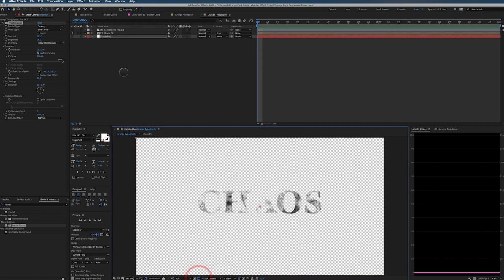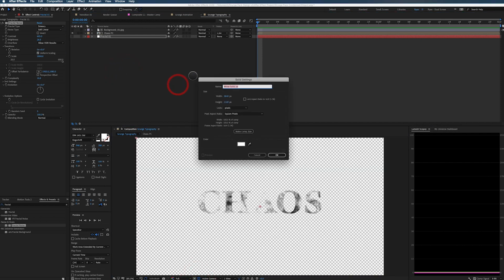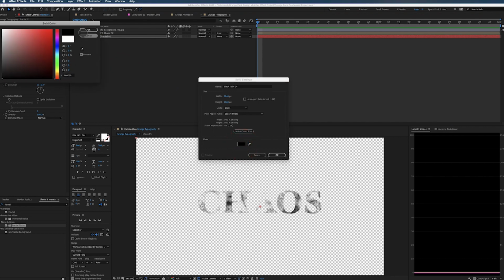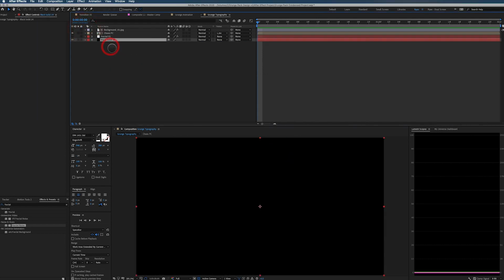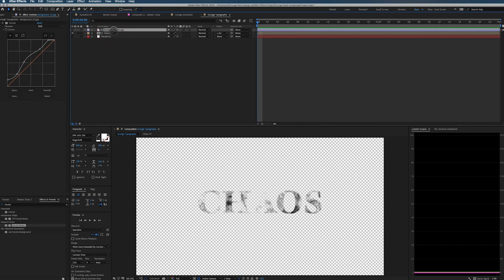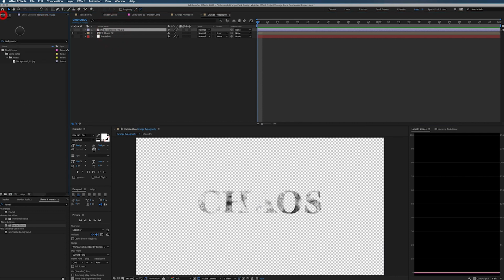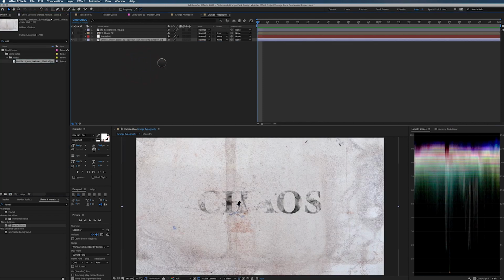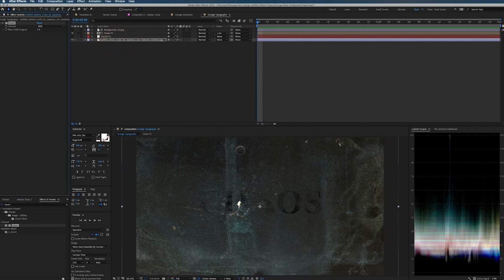So let me drop a new solid in here too. Maybe this not being solid back there. Yeah, I'm not sure why that's doing that. That's really weird. But oh well. Well, maybe actually let's drop our texture back there. Maybe I can do it that way. So this is my second texture. And what I want to do here is just invert this texture and then do a curves